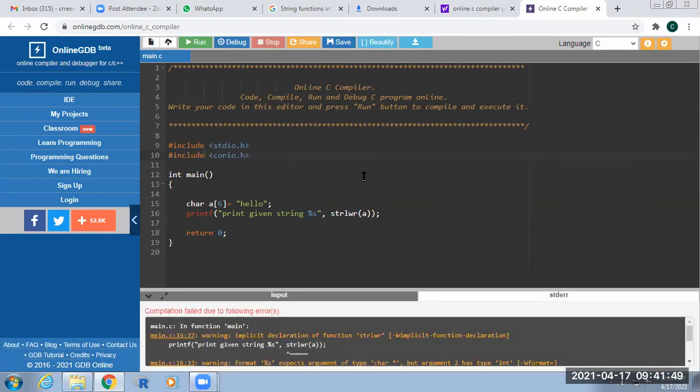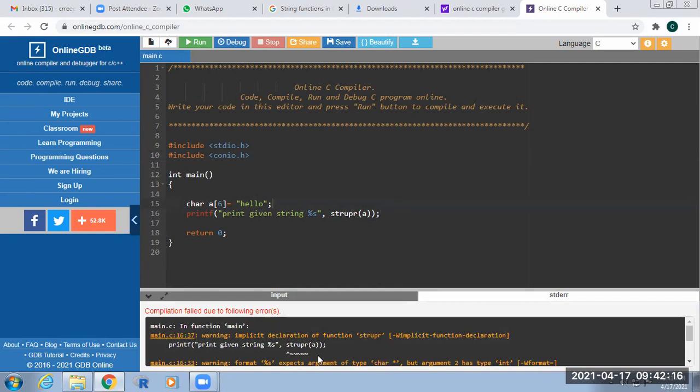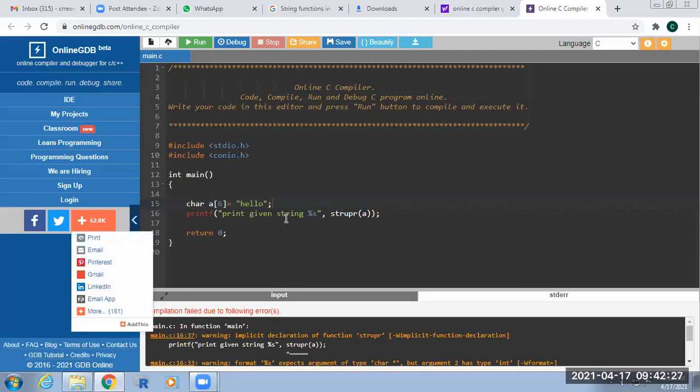Now we are using the function printf with percentage s and strlwr.